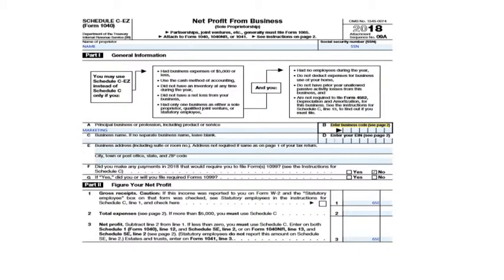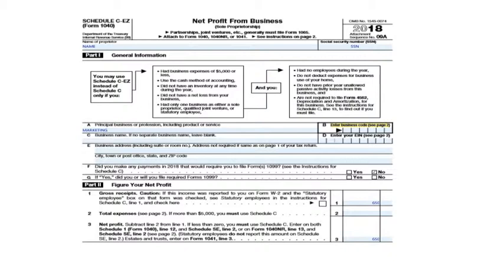This is Form Schedule C, EZ. Put your name and Social Security number at the top of the form. On line A, put your principal business, which is marketing in our example. On line B, put your business code, which you can find in the IRS instructions, which I'll show you on the next page. If you had a separate business name, put that, the address, and the EIN on lines C,